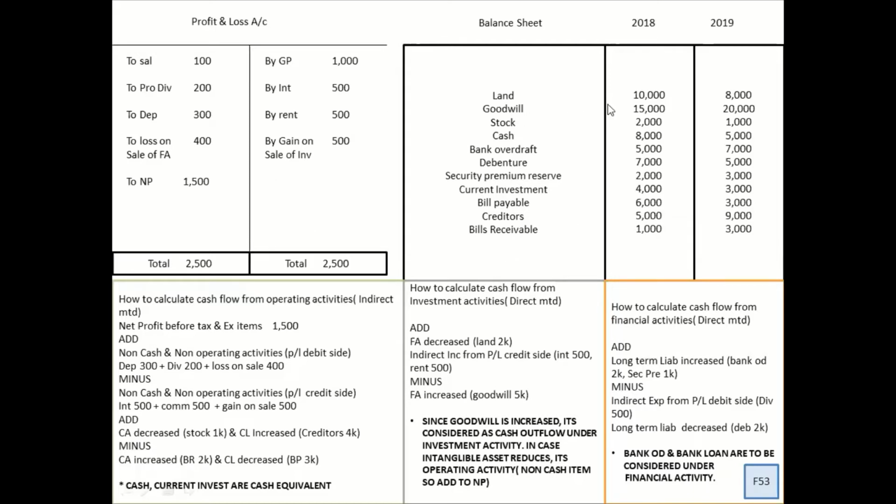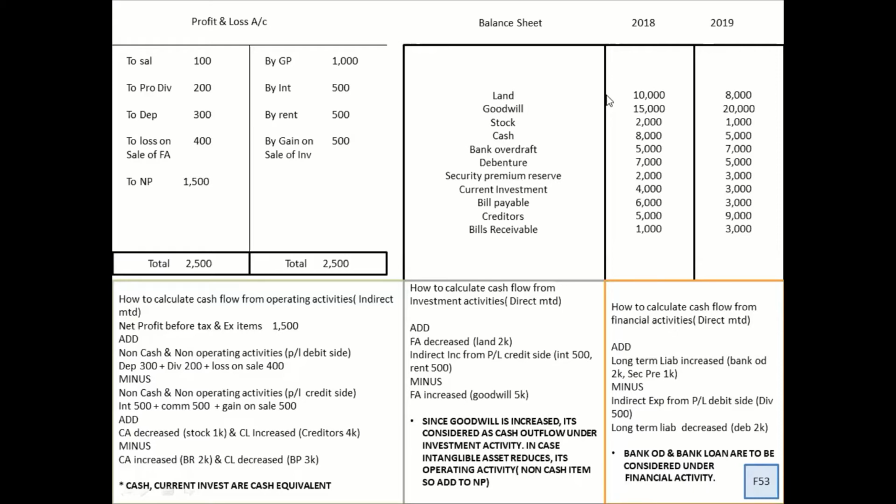All right. I hope this part is clear, because this is what your starting point would be of a sum. There will be one more item given here, that is your reserves and surplus. That will help you to start off with the net profit. I hope this part is clear. I hope you understood how to analyze it. If you want, you can make a small note of things. If asset increases, cash goes out. This is one important principle based on which you are going to do the sum. If asset reduces, cash comes in. Same thing with liability. If liability increases, cash comes in.